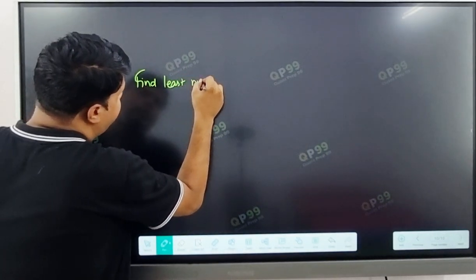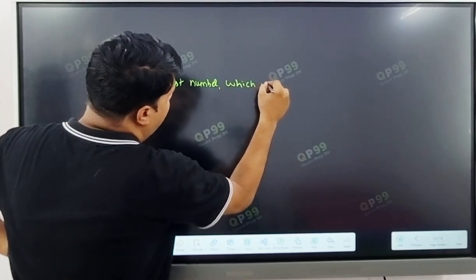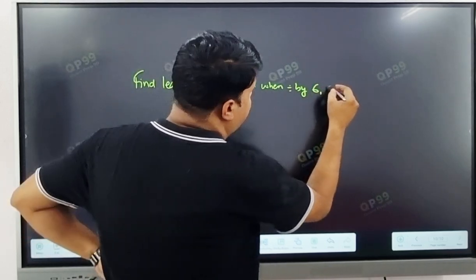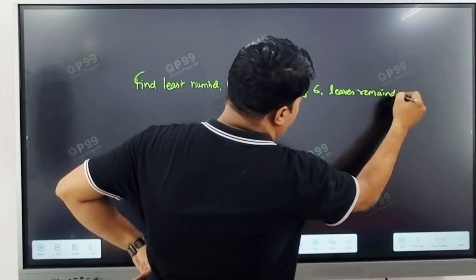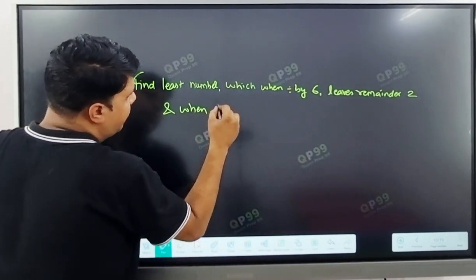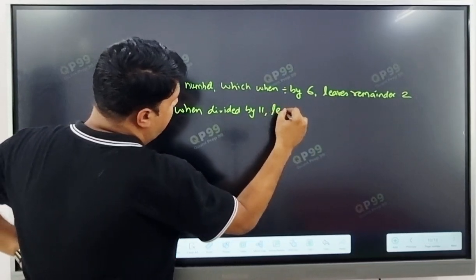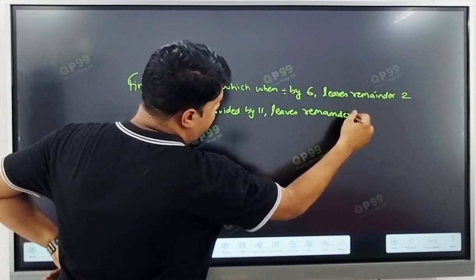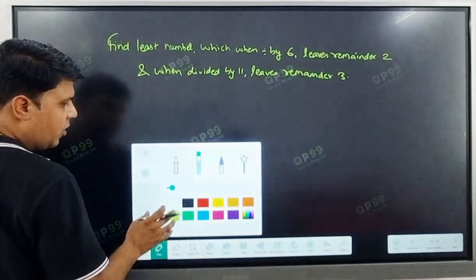the least number which when divided by 6 leaves remainder 2 and when divided by 11 leaves remainder 2. To tackle this kind of question, we need the Chinese Remainder Theorem. Simple,